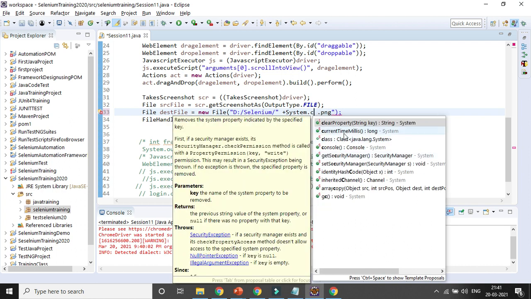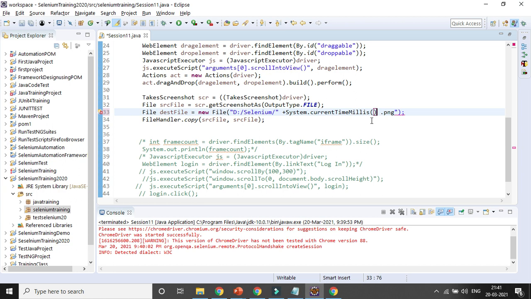So by default that will be created, and then I am using a concatenation again to add the PNG file, dot png. It can be any kind of format. Let's run it again and see whether it's happening or not. It should happen.